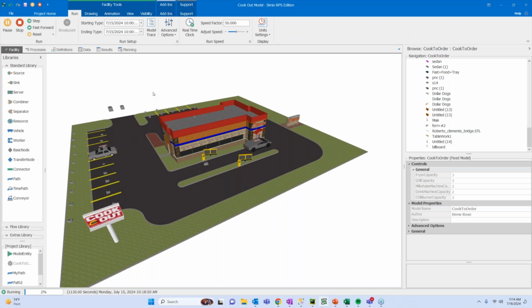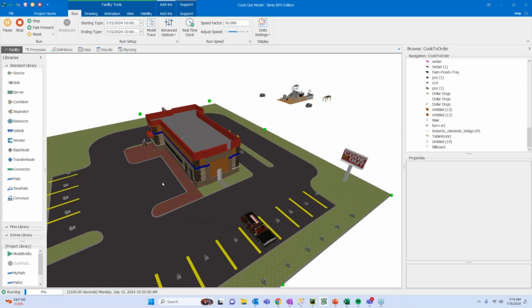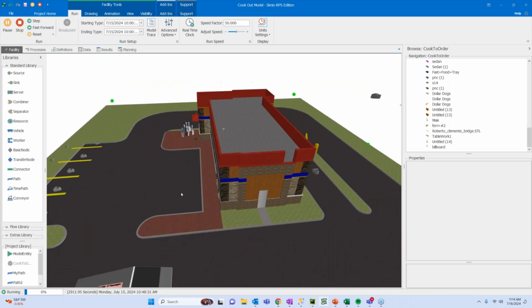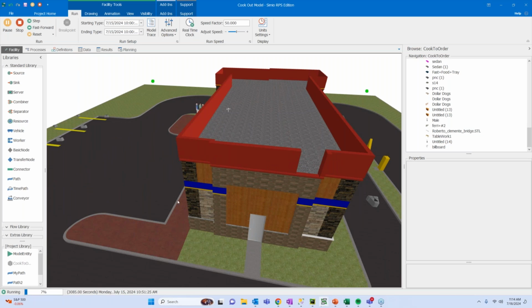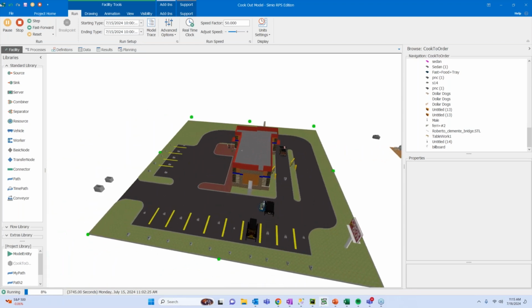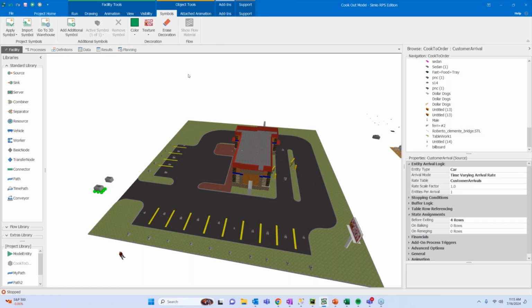So we're going to have cars come in, and there's going to be two modes. Customers can either be drive-through customers, as we see here, or there is also the option at these Cookout restaurants where you can park, and then they have a walk-up window where you go, and you can be a walk-up customer. So two different modes. And during this given day, we're running the model from 10 a.m. till 10 p.m. And as customers are introduced into the system, I just have a sample representative rate table defining the arrival.